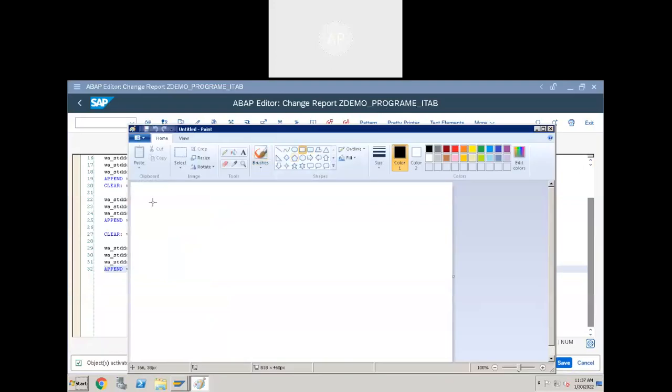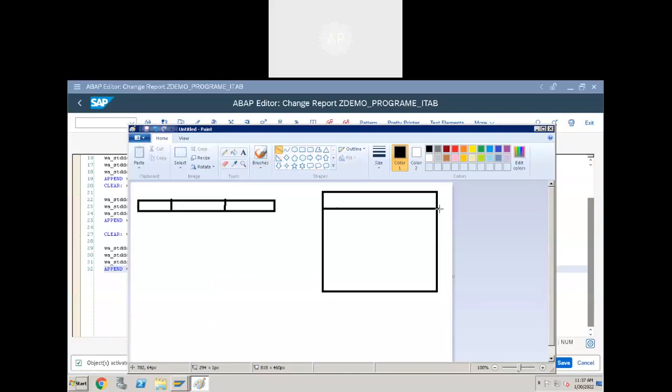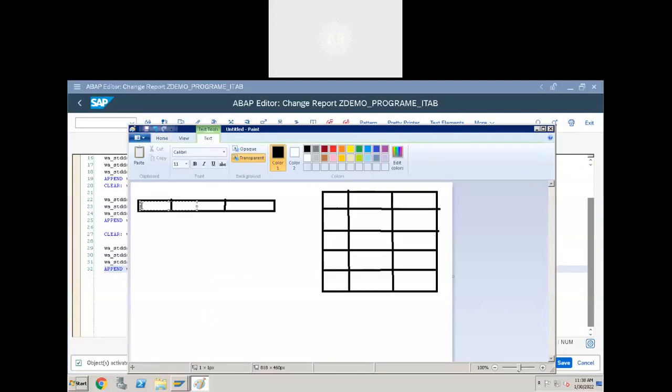So what does the work area do? It takes a collection of fields and makes a single record.